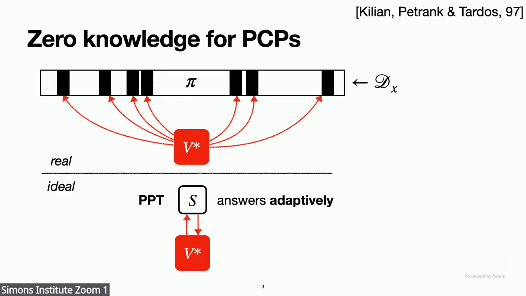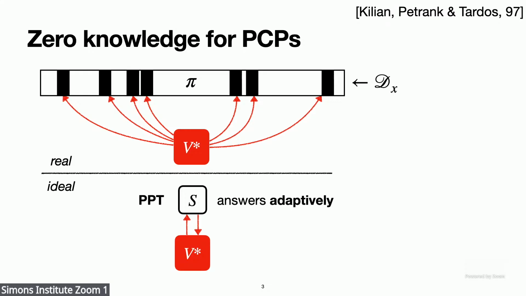And what we want is that the view of this malicious verifier is simulatable. Okay, so there is a probabilistic polynomial time simulator which does not know the witness. So it's computationally bounded. It only knows the instance x, and it simulates the view of this V star. Okay,